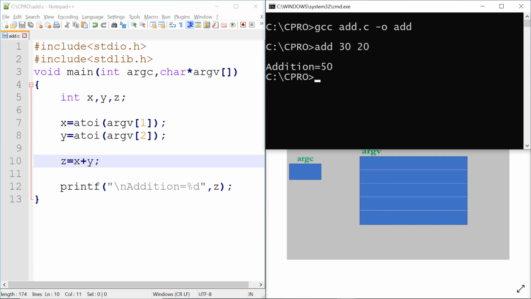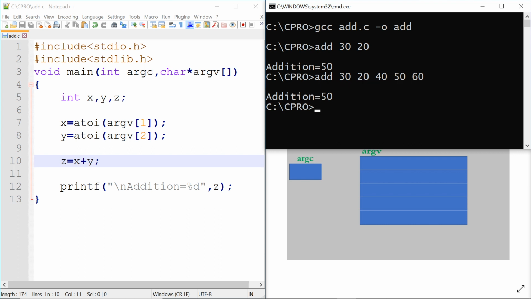In the second possibility, if the user provides more parameters, there is no major problem as such, because our program is going to collect all the parameters here, but it is going to add the first two numbers only, this as x and this as y. So let us execute. You will see addition is still 50, all these numbers are not added.